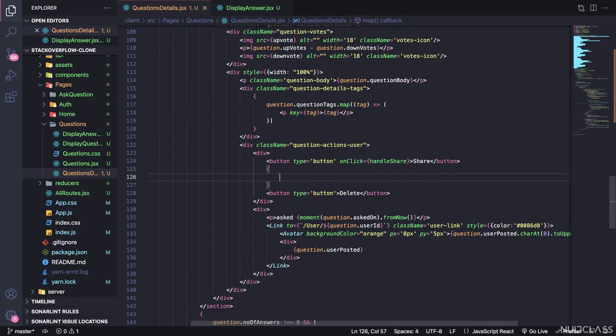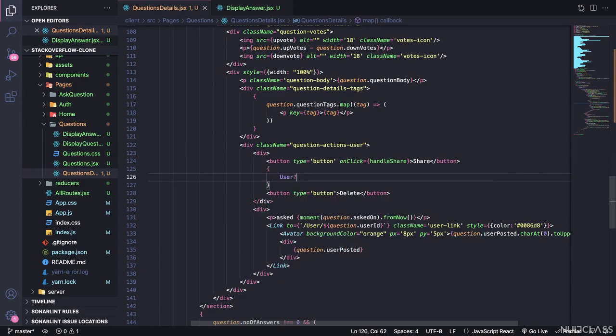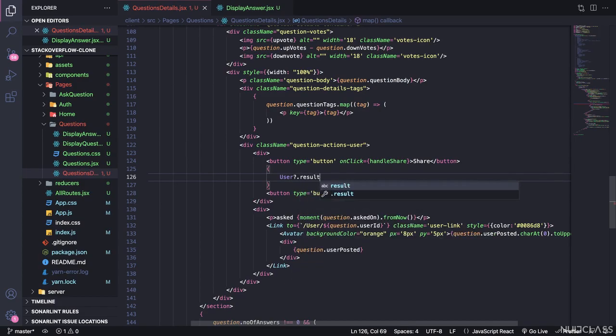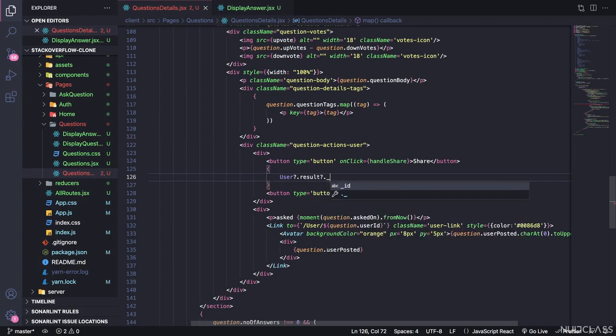If we want to use JavaScript inside JSX, we have to use curly braces, and we will use the user dot optional selector. This is going to select the result of the user and the ID of that specific user. If that ID matches the question